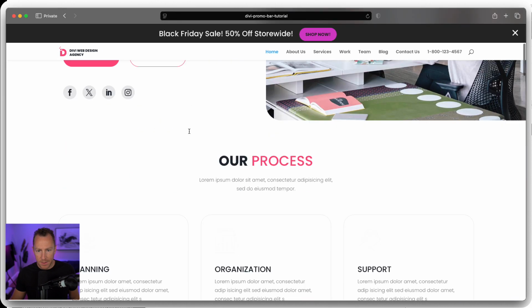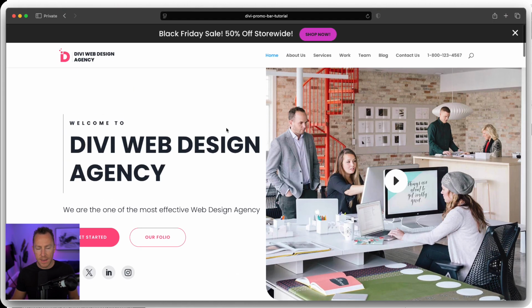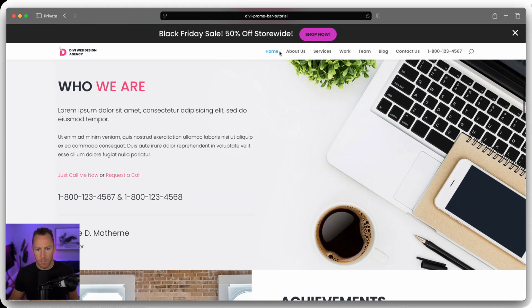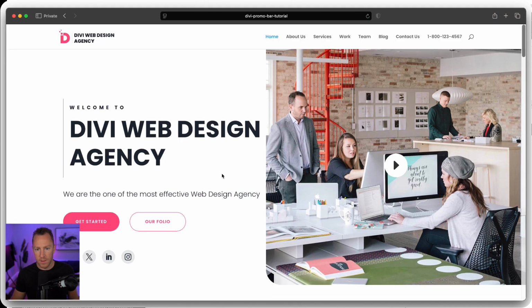And you can see it works even using the default Divi header. So it's going to work the same as well. Close it, closes nicely just as it's supposed to. So very, very cool. Let's get back to the